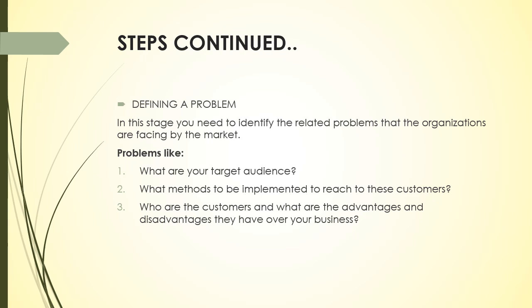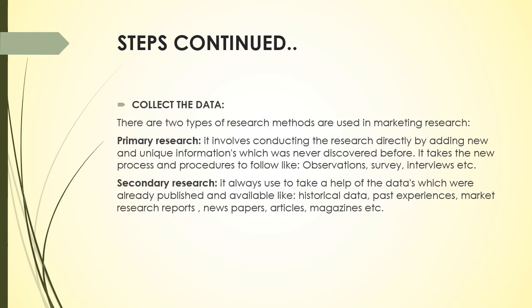Next, collection of data. This is the most primary step, and there are two sub-steps that have to be followed: first is primary research, second is secondary research. There are two types of research methods used in collecting the data. First is primary. It involves conducting the research directly, adding new and unique information which has never been discovered. So it takes a new process and procedure to follow, like observation, survey, interviews, audience polls, and